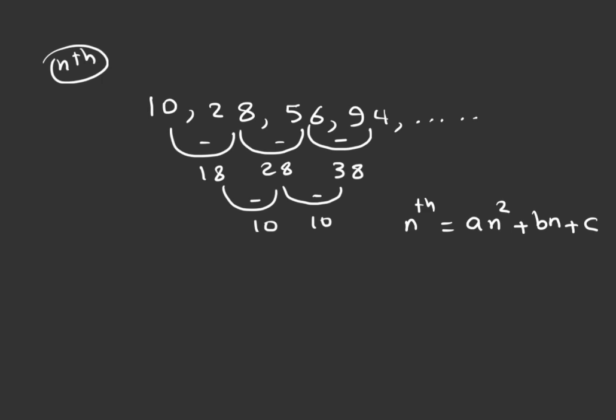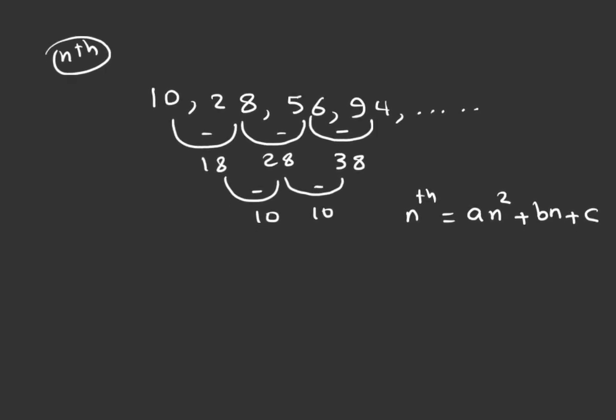So we need to find a, b and c. We have rules to find a, b and c, and we can also solve by another way. First, if we use the rules, 2a equals the second difference,